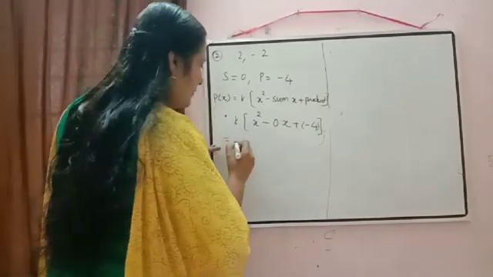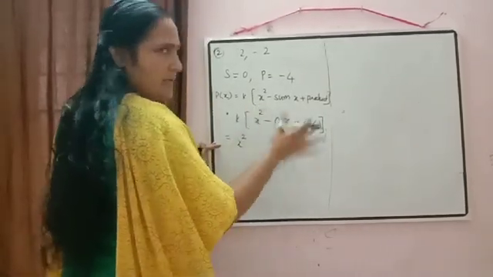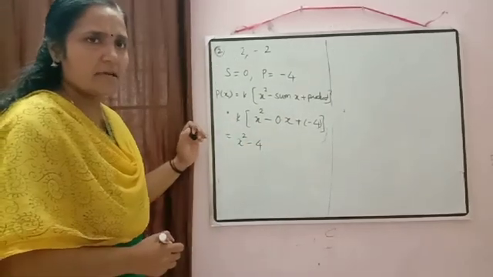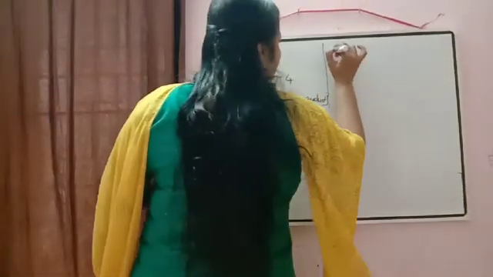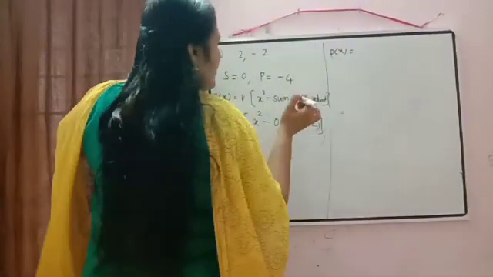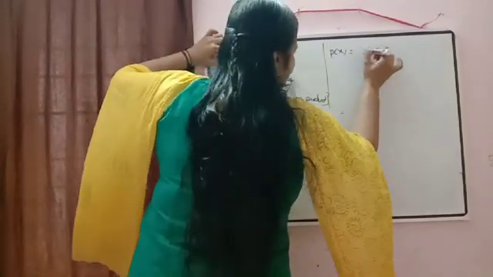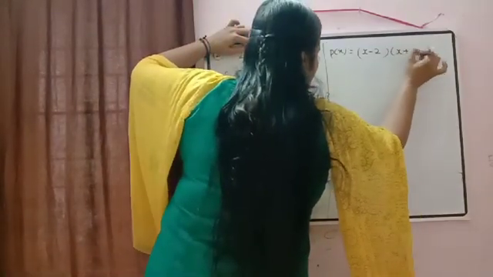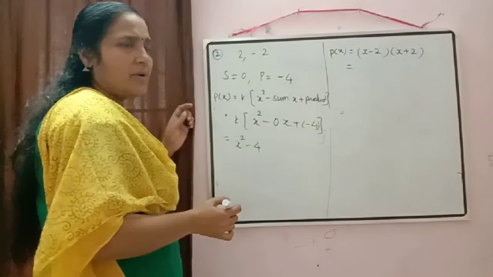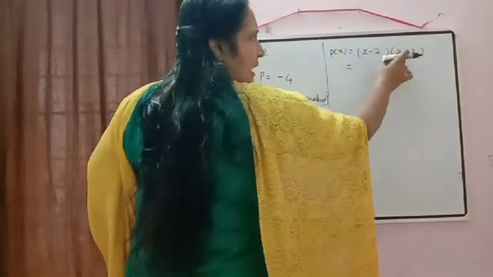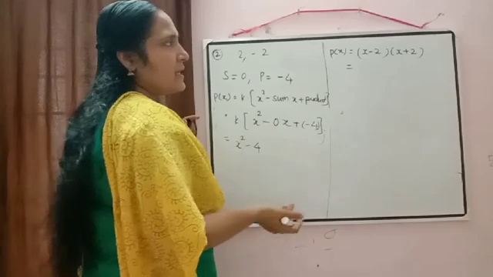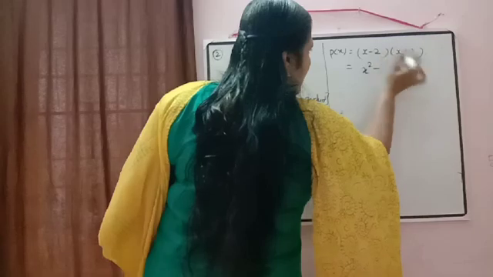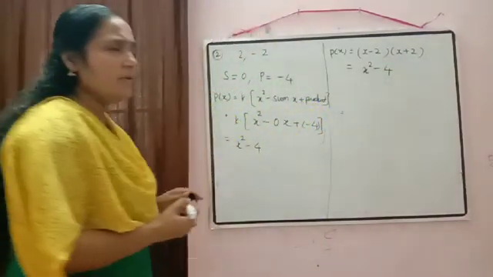Now since nothing is there in denominator, we can take k is equal to 1. Now just multiply, then we will get here x square. Since we don't have any term, you don't have to write down that term. So remaining it will be equal to x square minus 4. Now if you are using the second method, then the two factors will be, if 2 is the 0, then factor will be equal to x minus 2. If minus 2 is the 0, then factor will be equal to x plus 2. Now here it is in the form of identity, a minus b into a plus b, that will be equal to a square minus b square. Then we will get here x square minus 2 square, which is equal to 4.